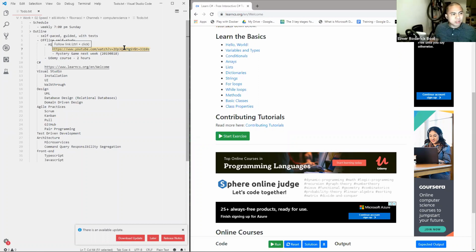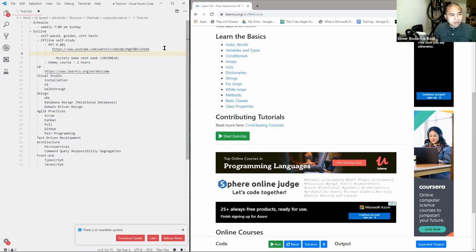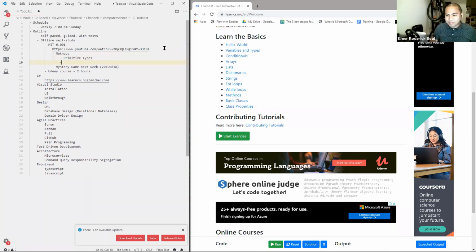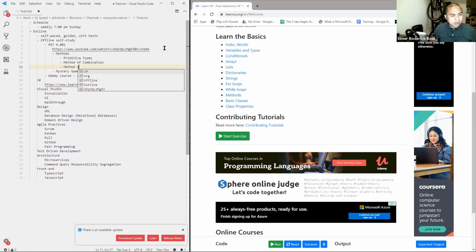So the 3 points that you can derive from MIT 6001 are that there are methods in every language. The methods are the primitive types, then the method of combination, and the method of abstraction. That was very clearly highlighted in that video, that you need to think of these things whenever you're shifting between languages. So